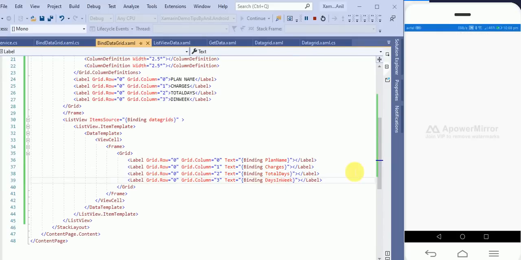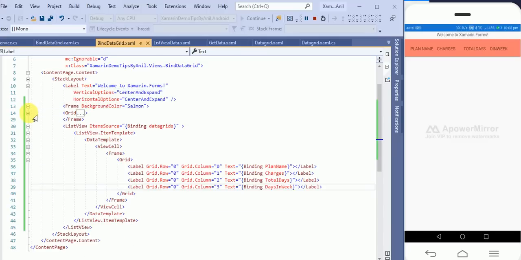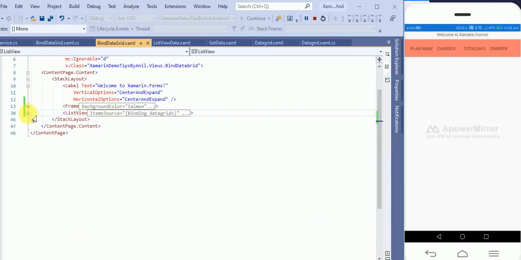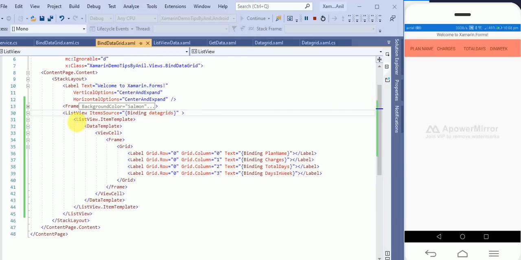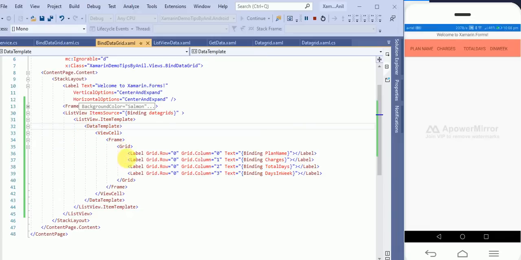So what I did now, here you can see this grid is the header only, this frame is the header only, and this is the data that is iterating in a list view, like one item, item by item. So this is our first cell, this is second cell, this is third cell, and this is the fourth cell.